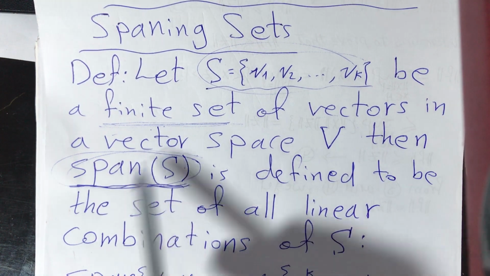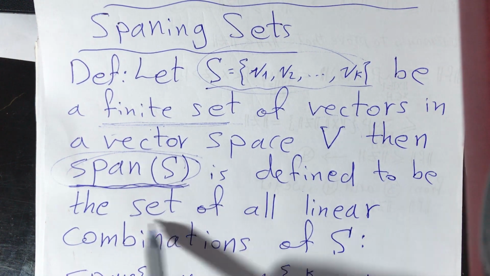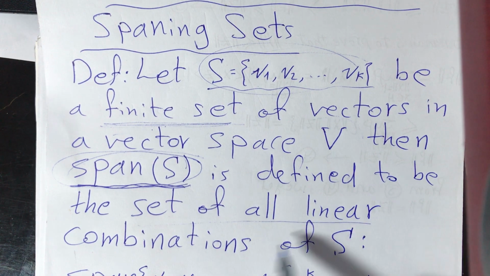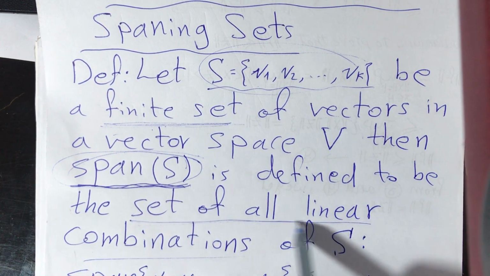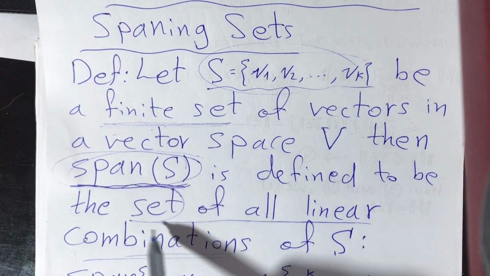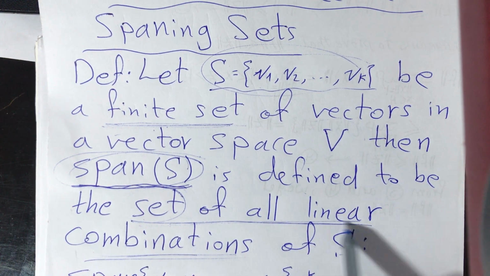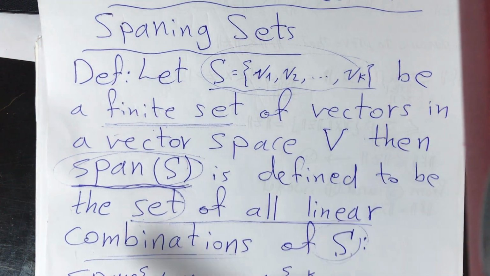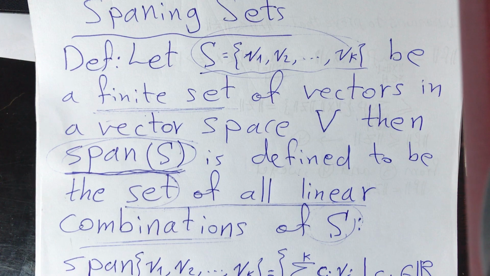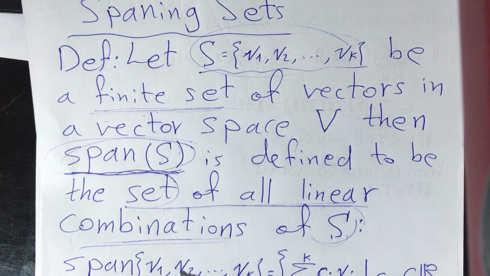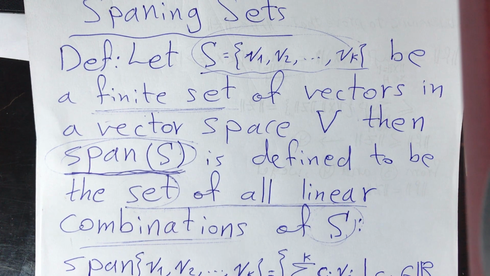Then span S is defined to be the set of all linear combinations of vectors in S, and in mathematical symbols, span {V1, V2, ..., Vk} will be equal to